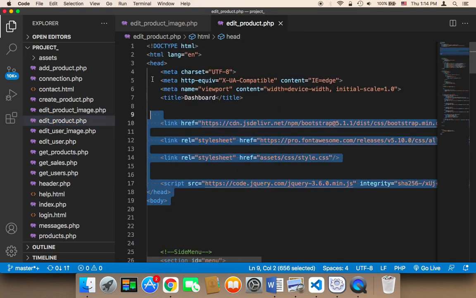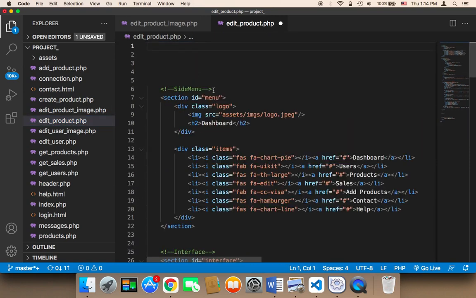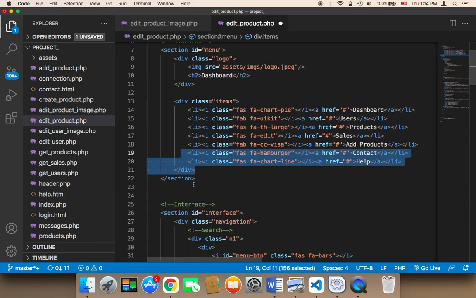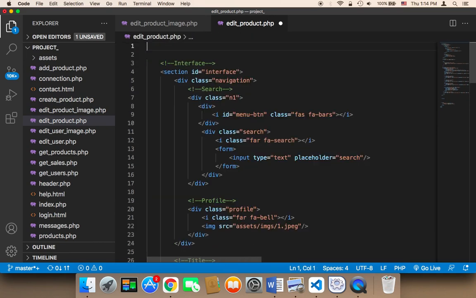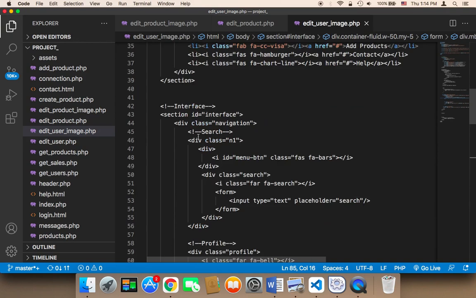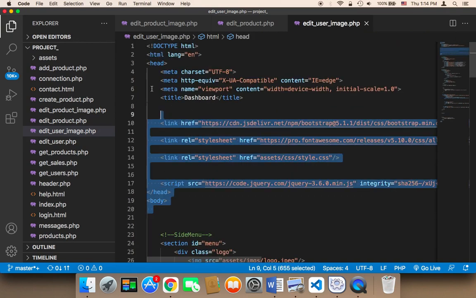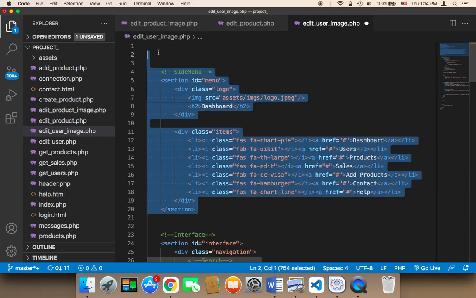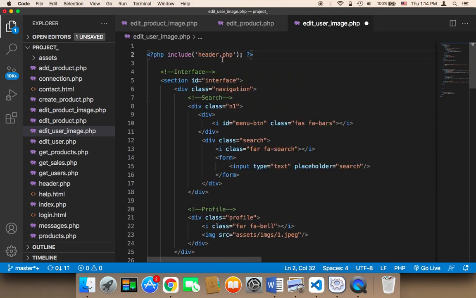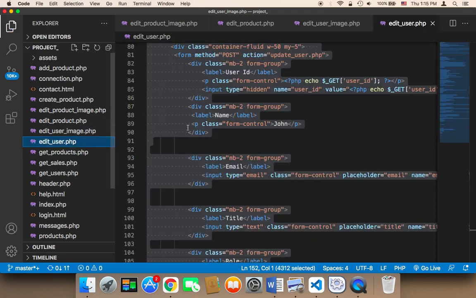So I'm going to remove this part, and I'm going to remove the side menu, and instead I'm going to paste the header. And in the edit user image I'm going to do the same. I'm going to remove this part as well as this part, and then I'm going to paste the header. In the edit user,